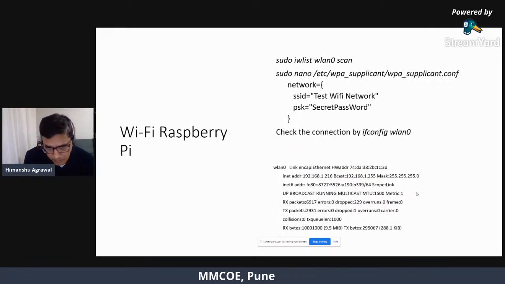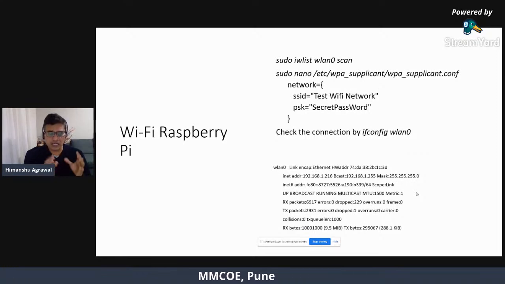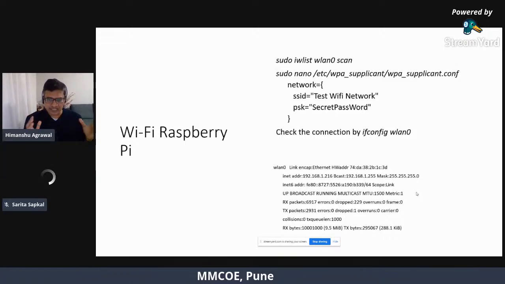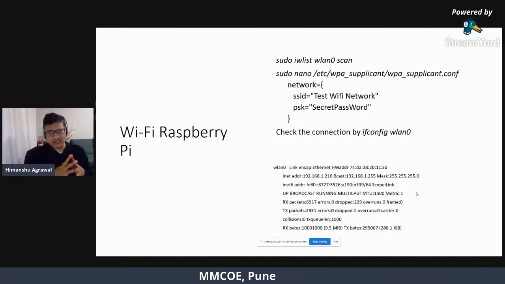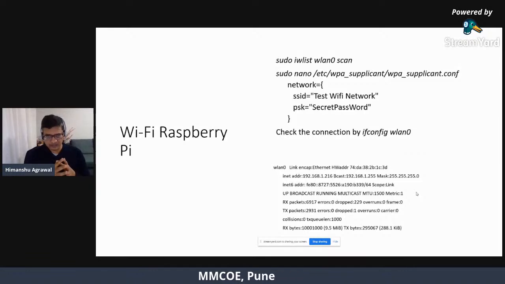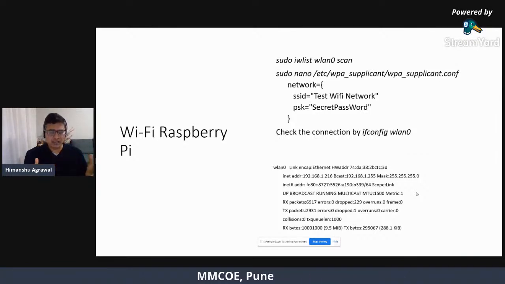Now, this slide is quite important for those who are already using RPi or Raspberry Pi module. Even if you don't have a physical Raspberry Pi module, I suggest you download the Raspberry Pi virtual machine, right? After the end of my session, I can suggest how you can download that Raspberry Pi virtual machine on your Windows operating system. Once you have that RPi virtual machine, you can use it as a physical RPi module.